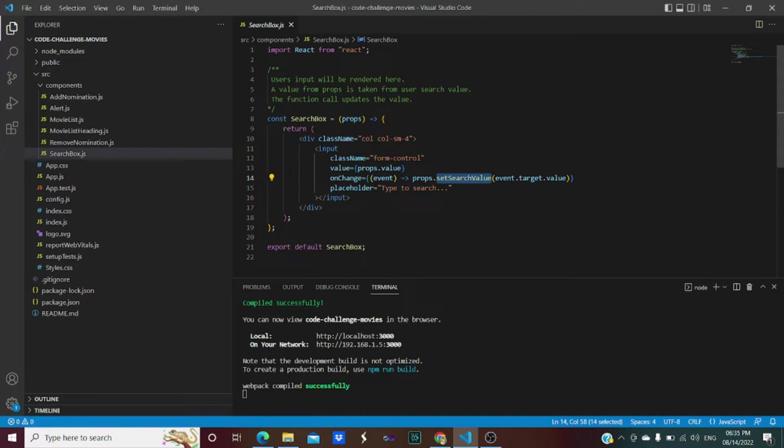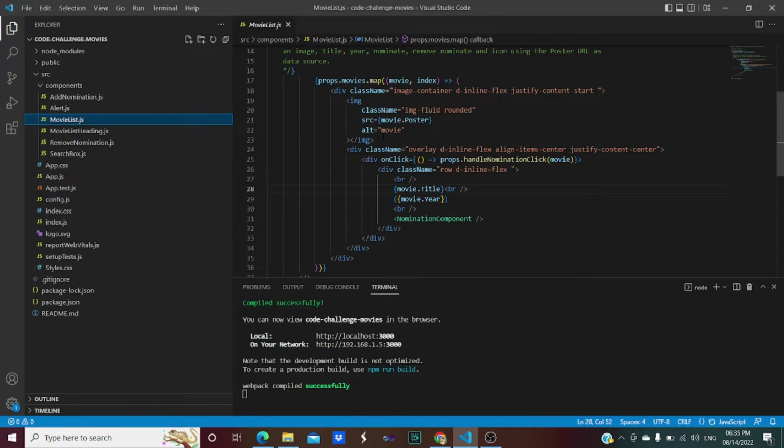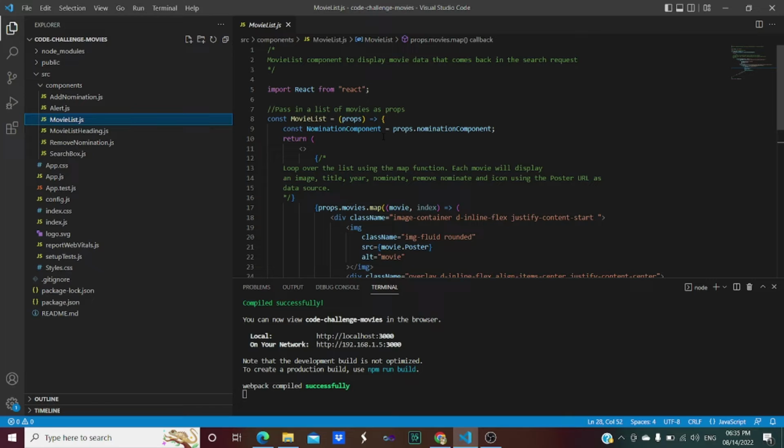All right. And after that, there is a movie list component. With the help of the movie list component, we will be able to display the information related to the movie, and we need to display the list of movies which match the search keyword which the user has searched. So a few values are to be displayed with the movie within the movie list.